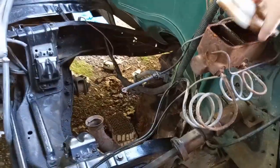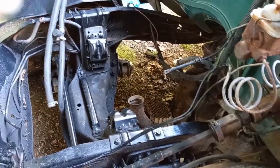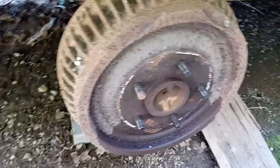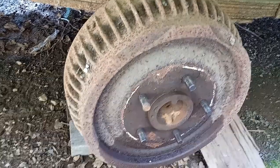Yeah, they don't look good. So I'm pretty much sure that's probably shot. I was going to bleed it, but looking at that, I didn't think I really wanted to run all that junk through the lines. So we're under here, and I still gotta disconnect. So anyway,